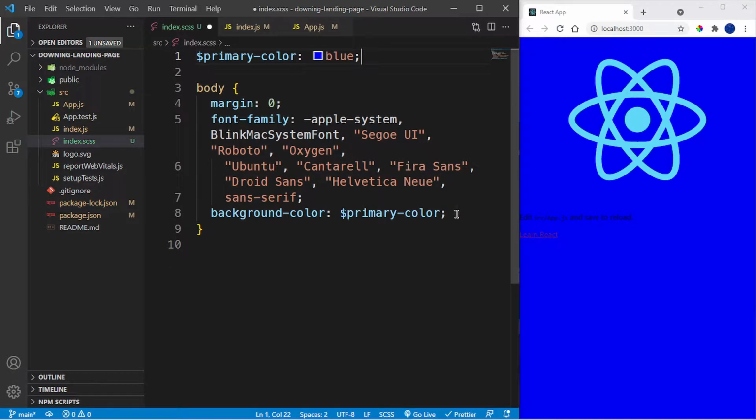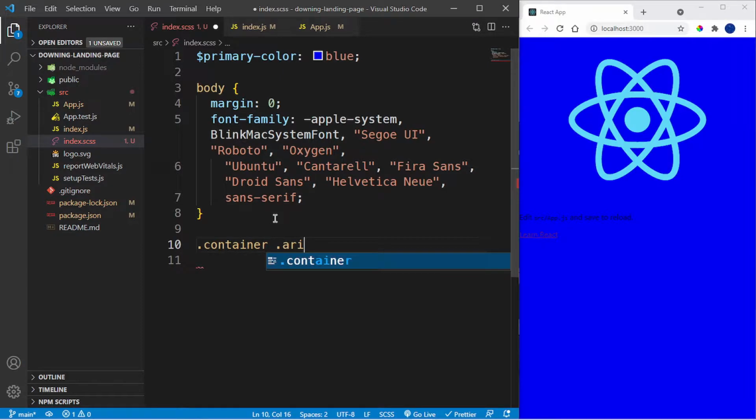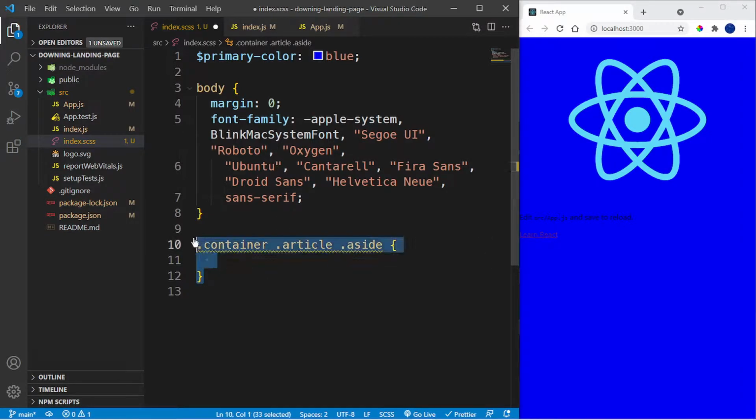Okay, so that's basically an introduction to Sass. And another thing that I do like about this is that whenever we are nesting elements, for example, if we would have a container class, and inside the container class we want to access the article, and then we want to access maybe the div with a class of aside. Now, this is how we will do it in CSS. But in SCSS, we have a much cleaner way, or in my opinion, a much cleaner way, where if I'm